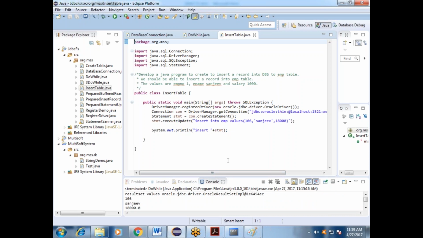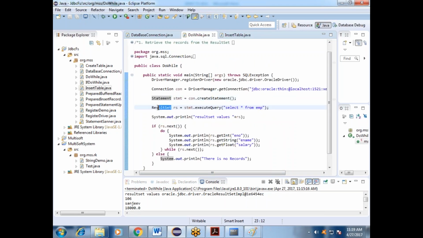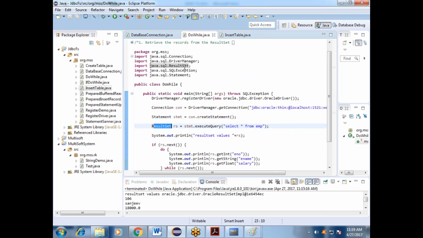For ResultSet, what do I need to import? I don't see anything you included in your program. ResultSet. Yeah, I should import ResultSet. The import statement should be there. Yes, ResultSet is there also. Put java.sql.ResultSet. This is also an interface. Okay.